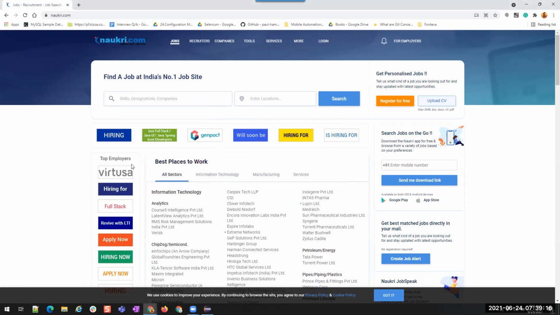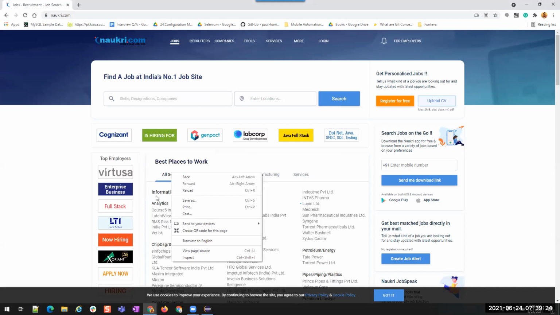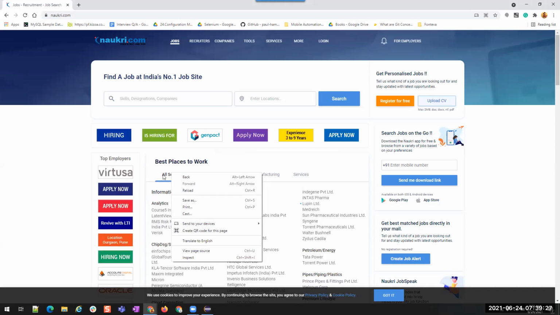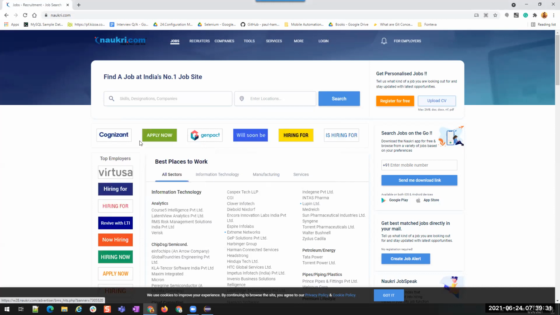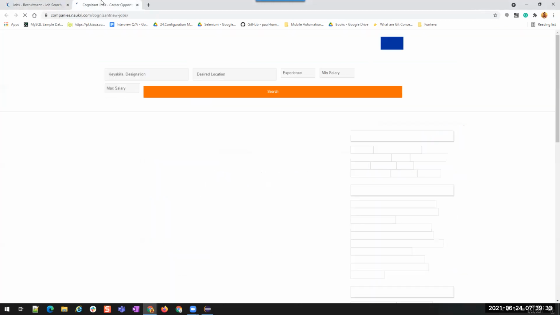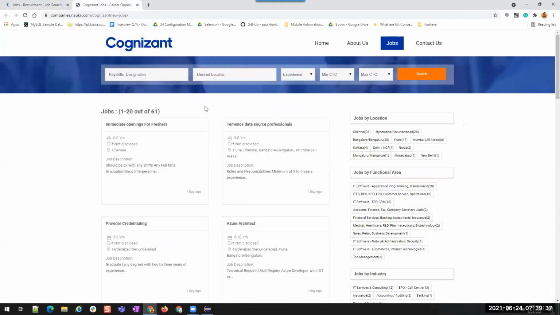Okay. Sometimes in our applications, when you click on a link, it will open like this. When you click on some of the links, this is there. When I click on the link, it will open this window.